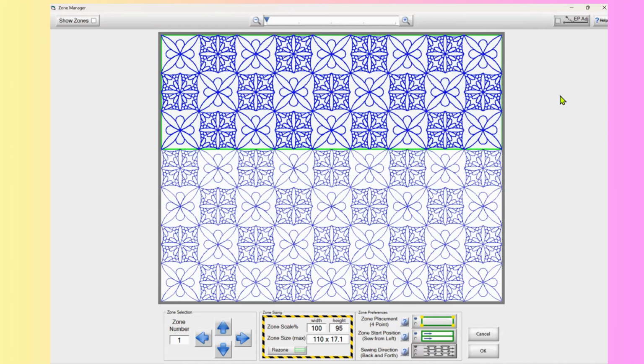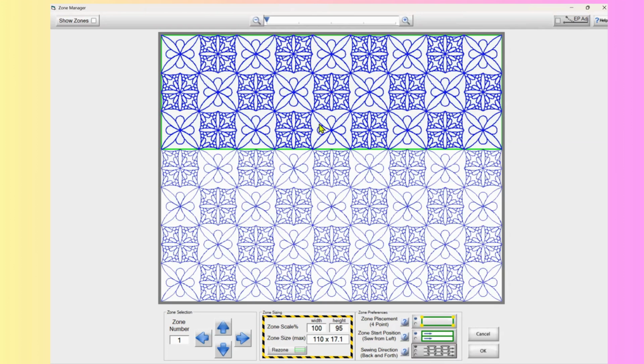which in my case, because I actually do have a border, is fine because I don't know that I would want it to stitch this line anyway. But with these settings, I can't do this anyway. It will not allow me to change the sewing direction. So there is nothing I can really do to change that jump stitch. But I just want you to be aware that it knows how many blocks that you can